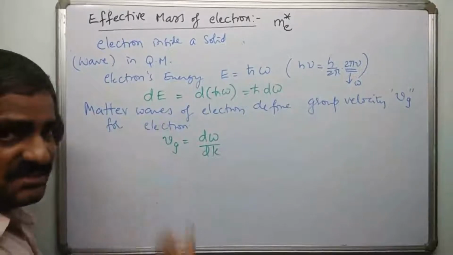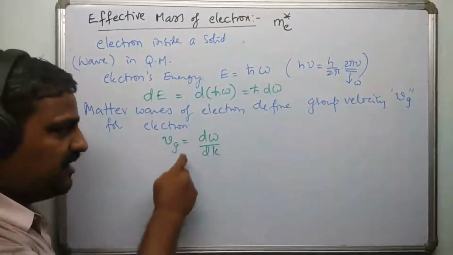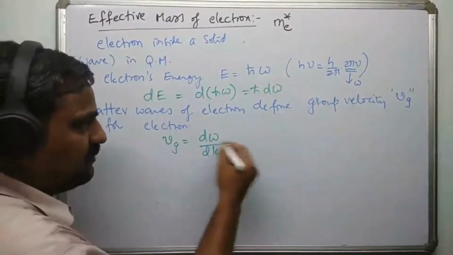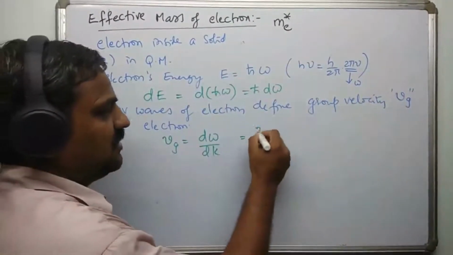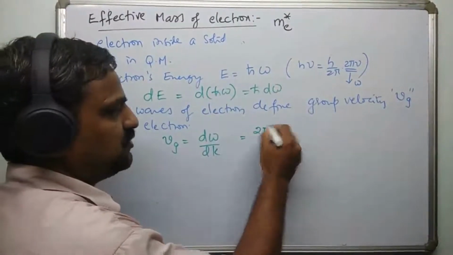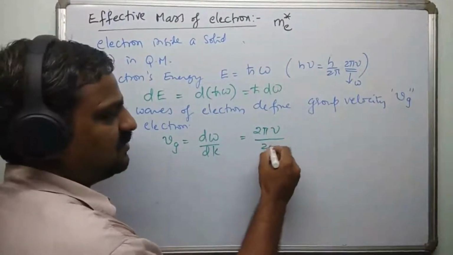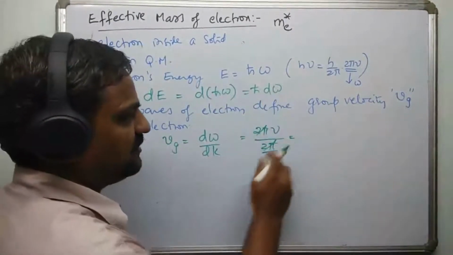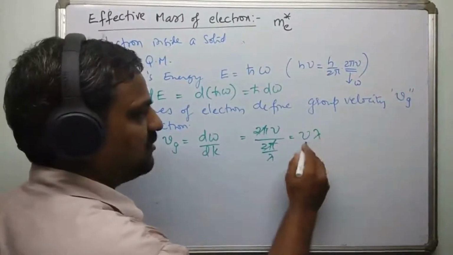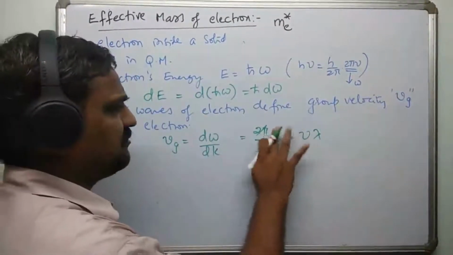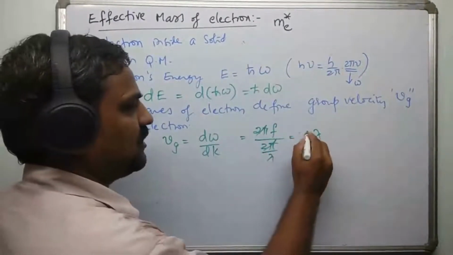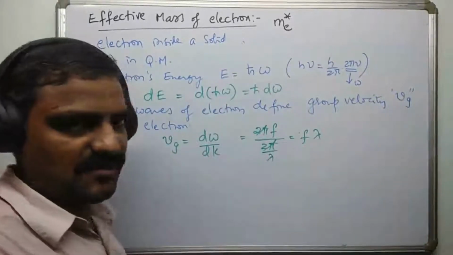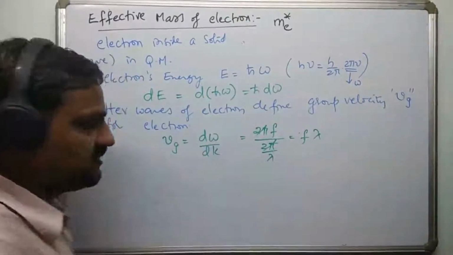Of course, you can check the dimension because we are talking in terms of a wave. We have a wave vector and we have a frequency omega. Omega is nothing but 2 pi times nu, divided by k, which is 2 pi by lambda. You can cancel out 2 pi, and you are left with nu lambda. Or let me write F, frequency. So F lambda. V equals F lambda. Is it not representing the velocity? Because frequency times wavelength is nothing but the velocity of the wave. That's why I'm calling this Vg.